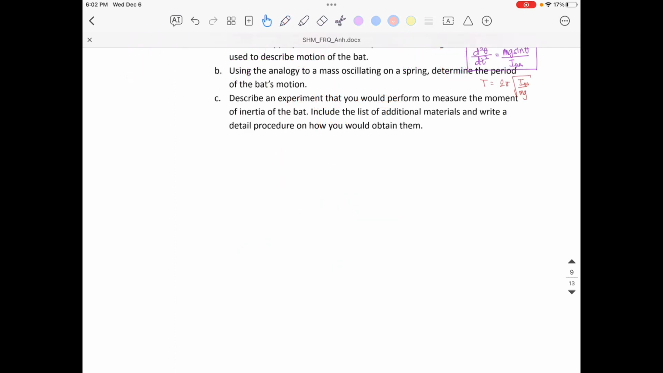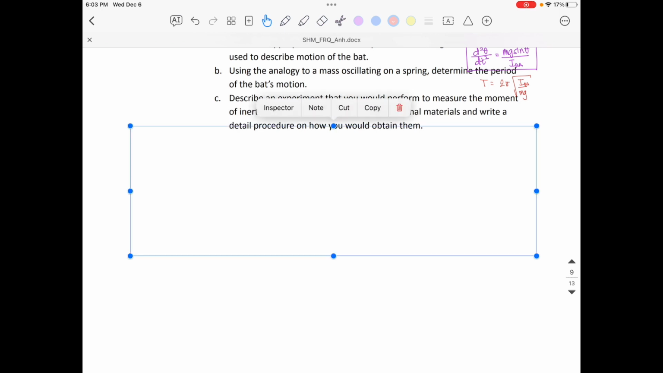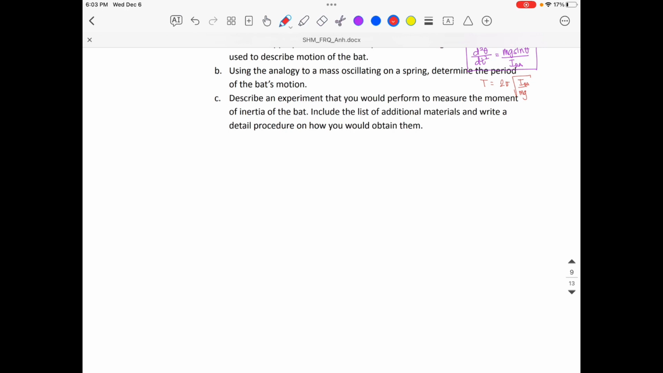For part C, it says, describe an experiment that you would perform to measure the moment of inertia of the bat. Include the list of additional materials and write a detailed procedure on how you would obtain them. Well, what's nice is you had a bunch of problems in your FRQs that were experimental designs. And so you can just use those examples to create an experiment. In this scenario, we're solving for inertia, which if I want to solve for this, I want to isolate that